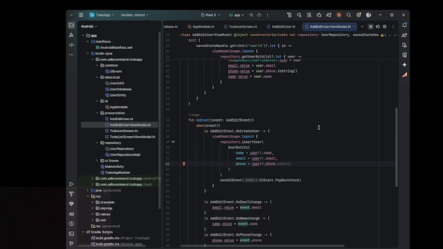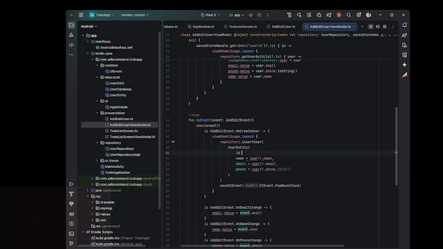Sorry, I'll cancel it. I saw something wrong with the code. I also need to specify the ID. So ID is equal to user dot the ID. So this is what I was talking about. If there's a conflict, just like that. So if I run that,